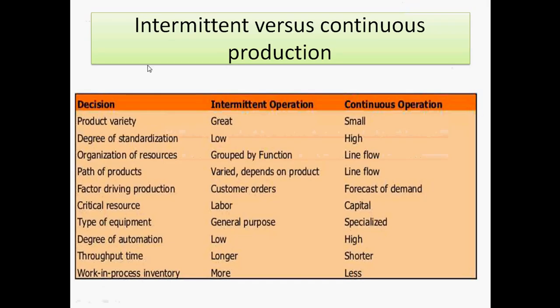So here we compare intermediate versus continuous production. In case of intermediate operations, great variety is there. That means maximum variety we can observe here. So in one company, we can produce more than 2 or 4 components, right? New components we can form in such a way that is why the variety can be obtained in a great manner. But in case of continuous operations, or continuous production, there is a repetitive task.